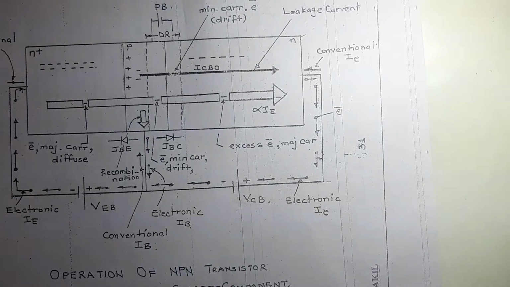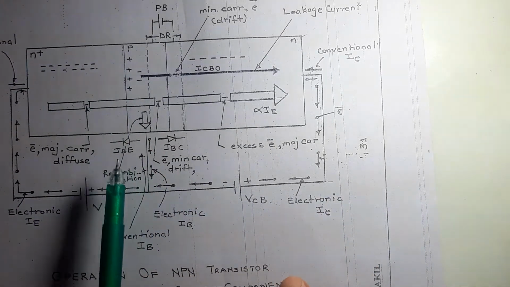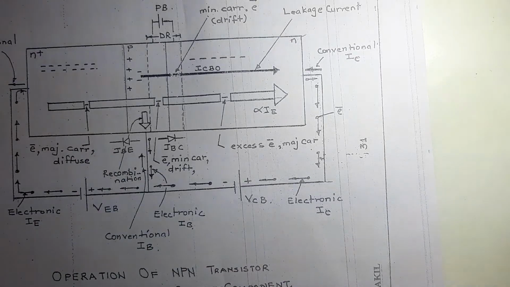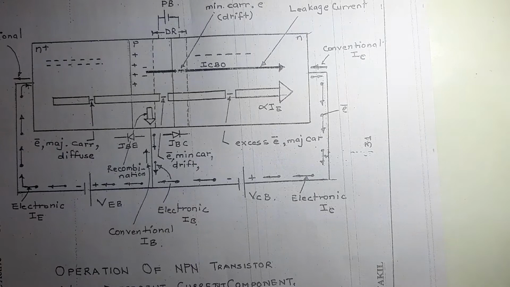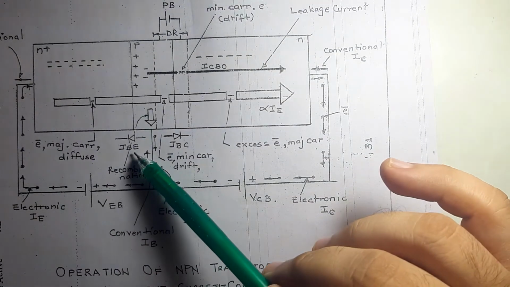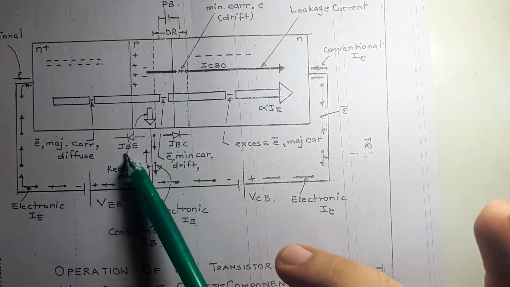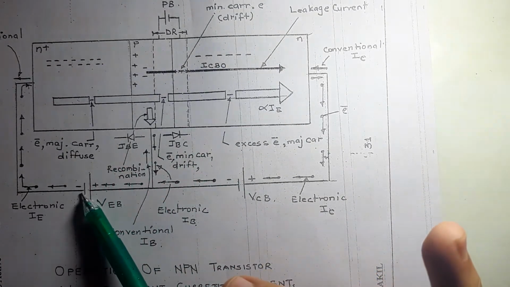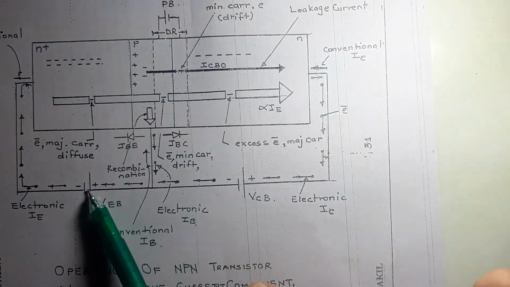Now in the given figure, suppose VEB and VCB are used to bias junctions JBE and JBC. Please do remember, if you are using your transistor, you always want your transistor to amplify your circuit, to amplify your input current so that it can be used in major applications. So your JBE should be forward biased and JBC should be reverse biased. That means you give the negative terminal to the N side, so N will be connected with N and P with P.